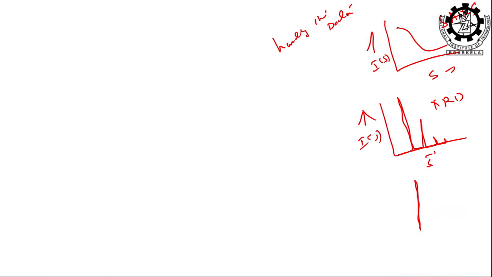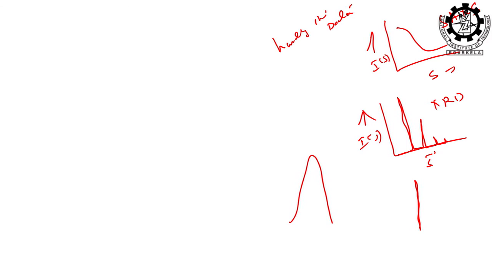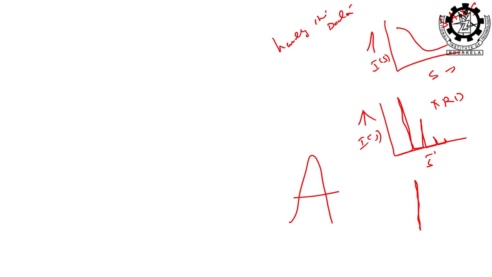So, once broadening is involved, there are various factors for which the intensity data can broaden, right. Suppose it goes in this way, it is broadened, but this is sharp. Sharp intensity implies it is having a crystalline structure, but if that kind of broadening is there, you have to see what is the reason behind this broadening. Sometimes it is for nanostructure, but that is not resolvable by XRD. Nanostructure is never resolvable by XRD.